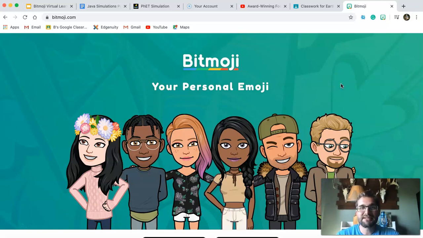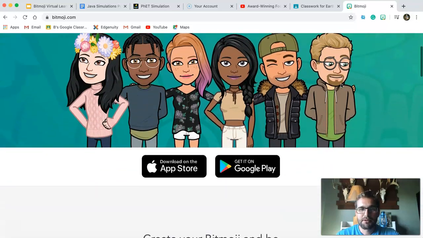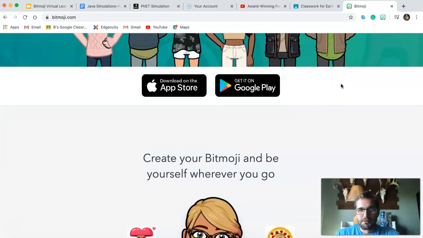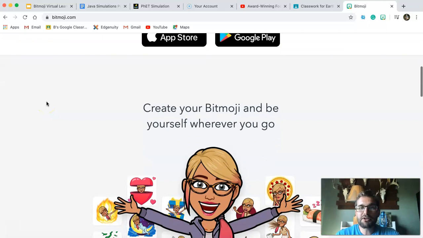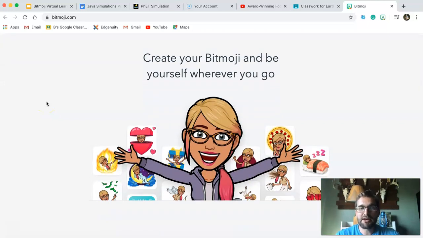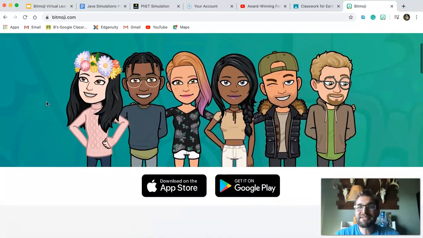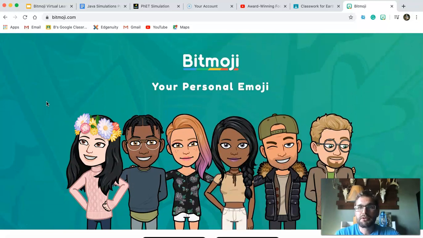I'm just using this as an example. You are going to download Bitmoji for Chrome. Or if you're using a cell phone, you can get it on the App Store for Apple or for the Google Play Store. You are going to create your avatar, and if you download the extension for Chrome for Bitmoji,